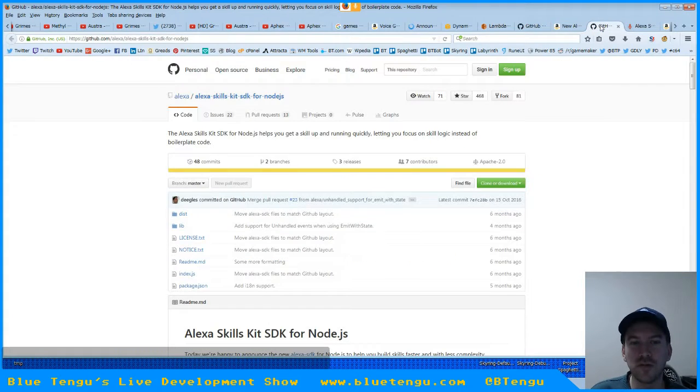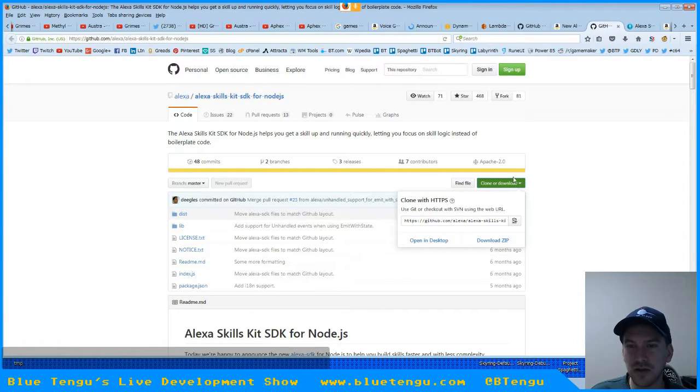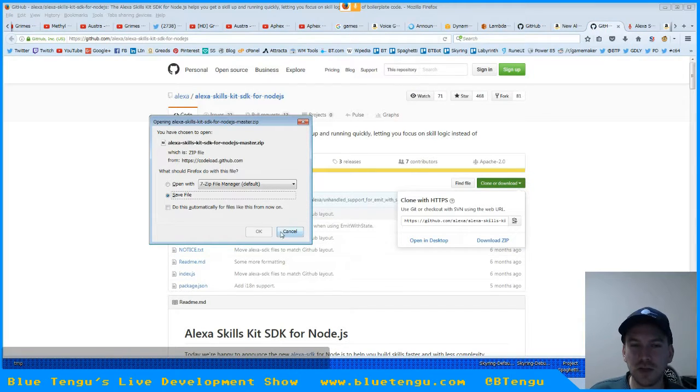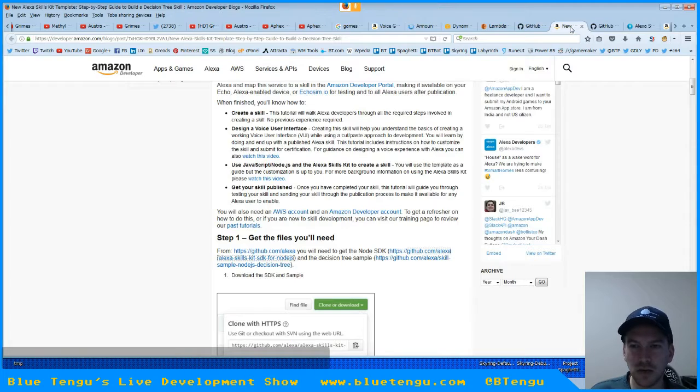For those of you who aren't familiar with GitHub and you see this and you're like, what do I do with this? It's very programmer and Linux kind of oriented, but for us Windows folk, basically you just go to here, the clone or download green button, and just download the zip file. Put it someplace convenient. And you do the same thing with the decision tree sample,